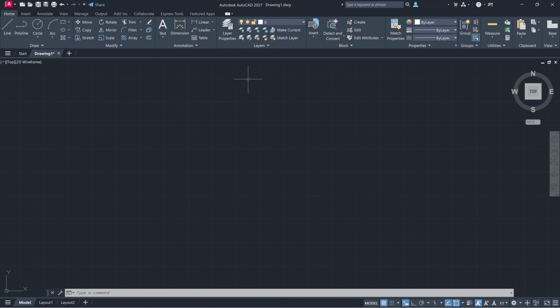You may use ellipse for furniture layouts, mechanical parts, symbols, design layouts, decorative shapes, and any other objects which are